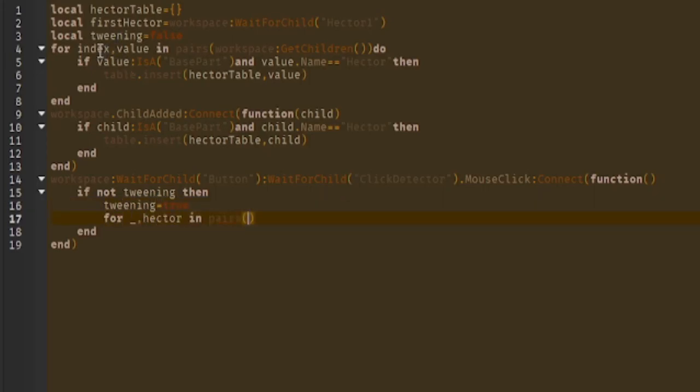By the way, the index is useless unless you actually want to use it for something. Now this is where I'm going to use the index value. So the index will be Hector equals 1. So I'm setting the Hector to 1, because that's going to be our index. For Hector equals 1, number of hectorTable, do